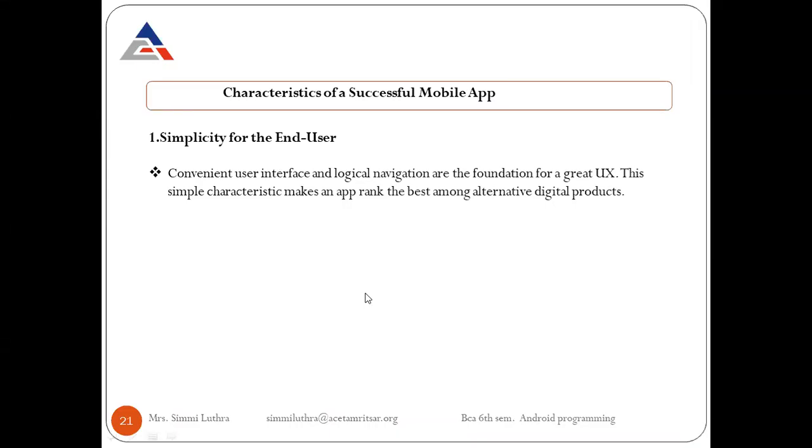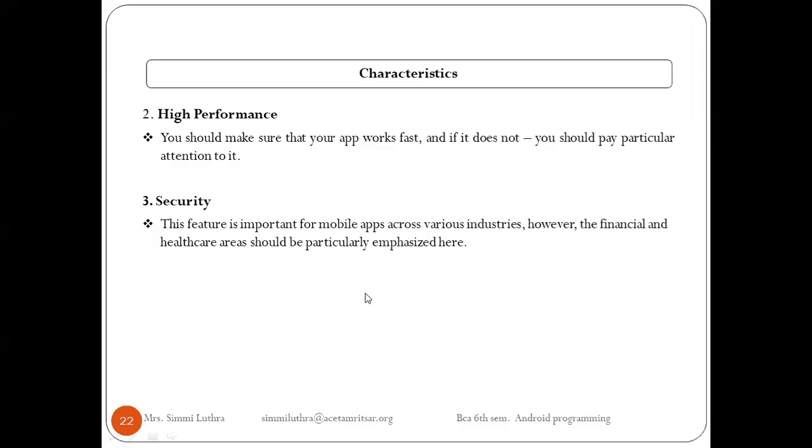Okay. Then the second characteristic of mobile app is high performance. It is also a very important characteristic. So remember the moment when the app is launched. When you launch your app, your software product should not make its user wait for something to be loaded. You should make sure that your apps work fast, and if they do not, you should pay particular attention to it and keep up with continuous mobile app optimization